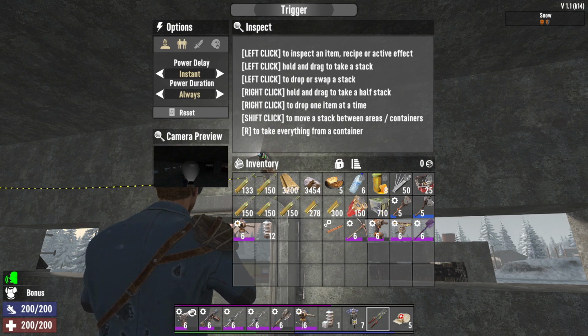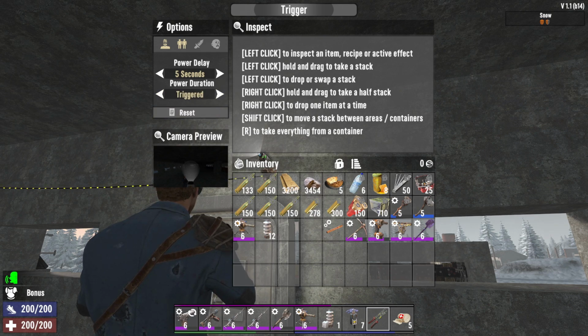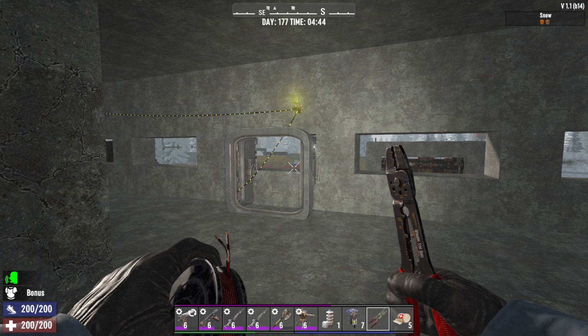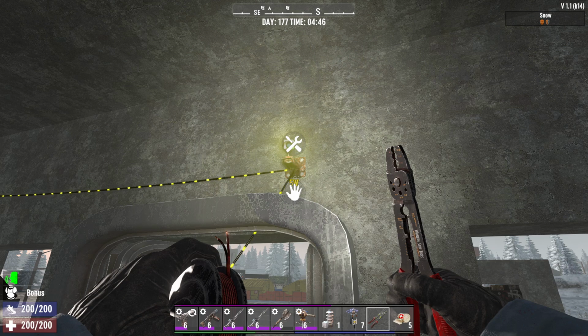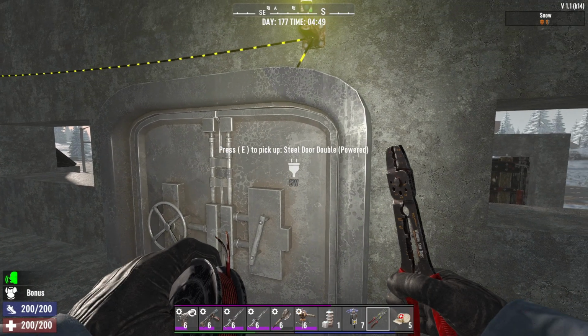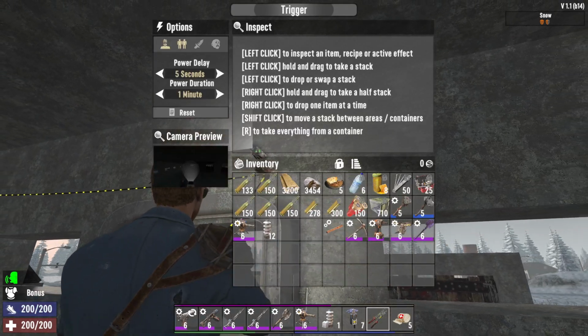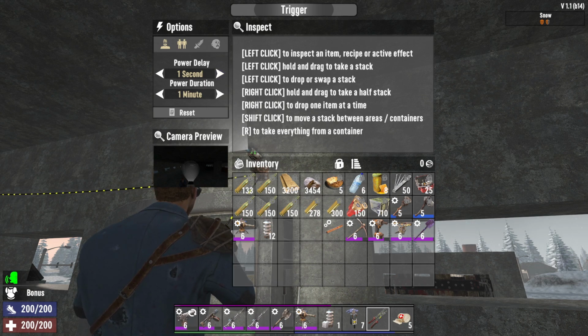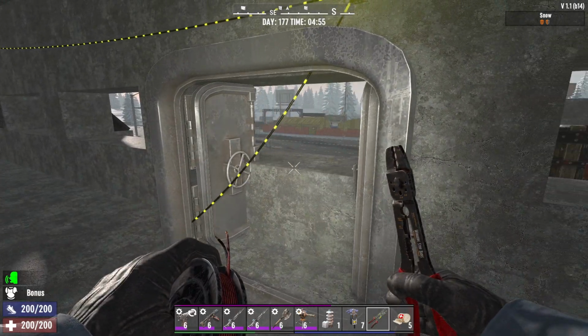Okay, and here's where these two icons come in. Power duration. Power triggered, 5 seconds. Alright, we moved. 3, 4, 5. Okay. Power duration. Okay. Power delay. Okay, so once it's triggered, we've got delay and duration. So once it's triggered, it waits 1 second, it fires,